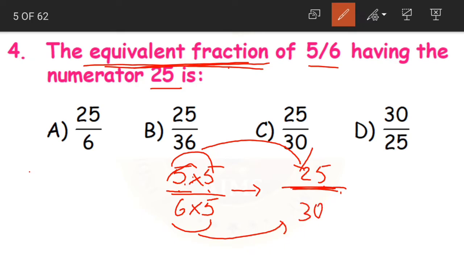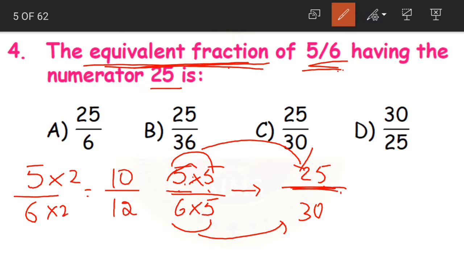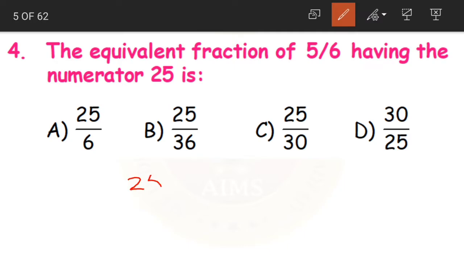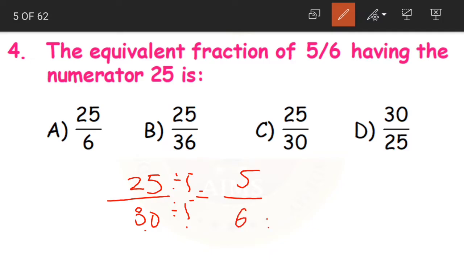Now if you remember about multiples, how did we find out multiples of a given number? I don't know if you had multiples or not. Okay, let that be aside. Now if they give you 5 by 6 and ask you to find the equivalent fraction, you can do it like this. 5 2s are 10 divided by 6 2s are 12, or 5 3s are 15 divided by 6 3s are 18. Okay, or else if you are having a bigger number, say 25 by 30, like this. You have to divide by the same number, children. 25 divided by 5 is 5, 30 divided by 5 is 6.